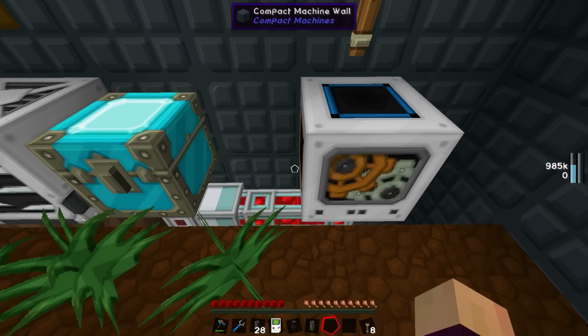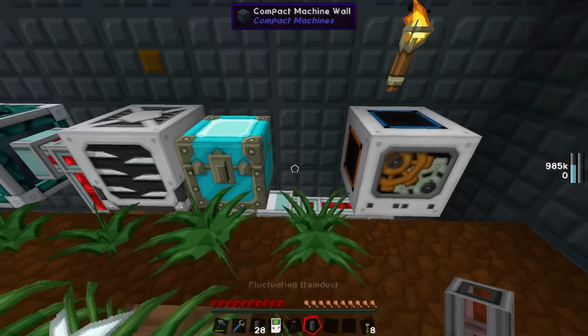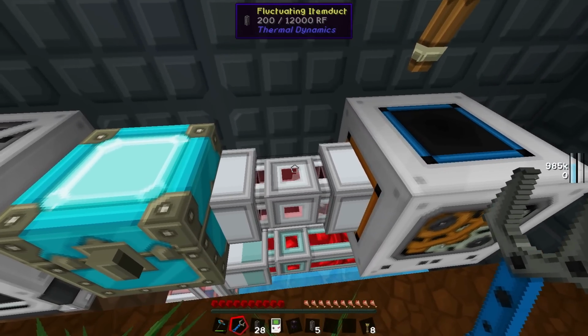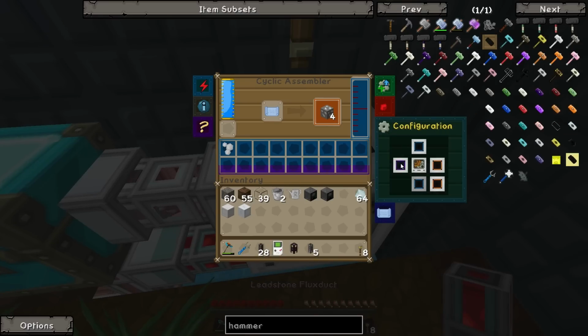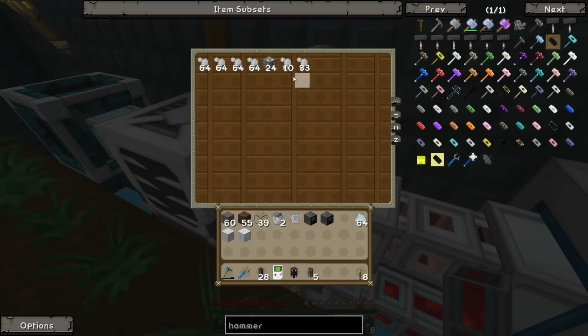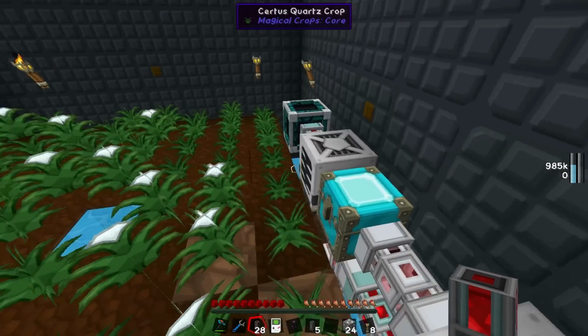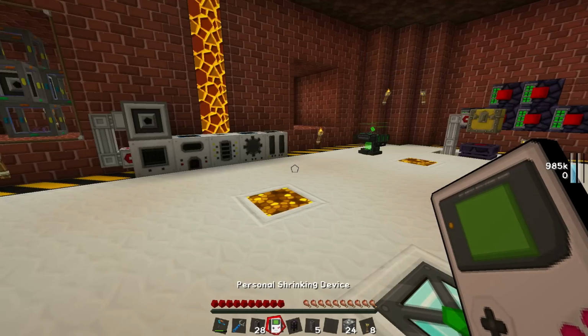We're going to have to use fluctuating item ducts, I guess. Actually, oh no, yeah, that's right. Let's put that there like so. I don't want it to connect to that, although I don't think it matters too much. I want to make sure that this is an input, not an output. We don't want the stuff going back this way like it is right now. Instead, we're getting another servo in a second, but I'll go grab that. Actually, right about now, we're going to use a servo to pull the stuff out of there